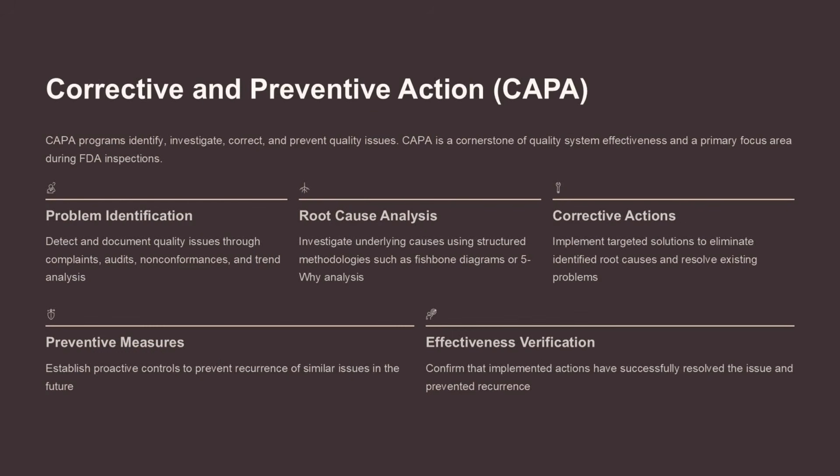CAPA programs identify, investigate, correct, and prevent quality issues. CAPA is a cornerstone of quality system effectiveness and a primary focus area during FDA inspections. It involves detecting and documenting quality issues through complaints, audits, non-conformances, and trend analysis, investigating underlying causes using structured methodologies